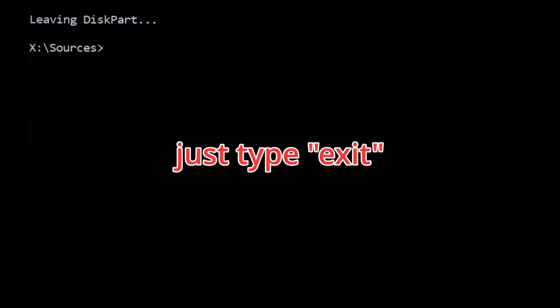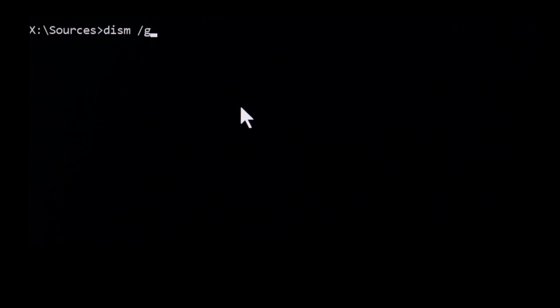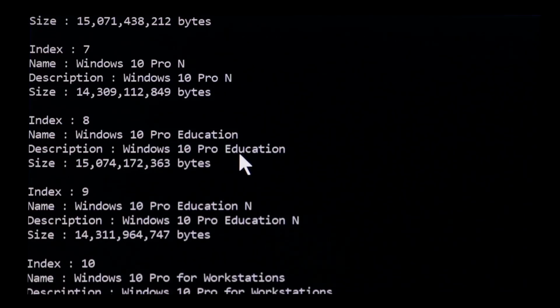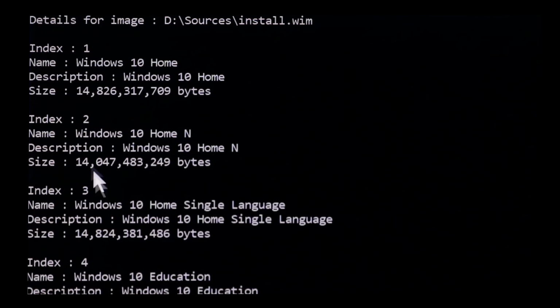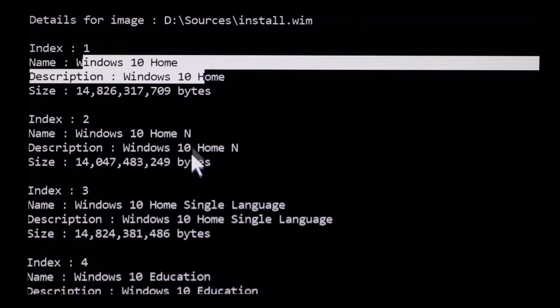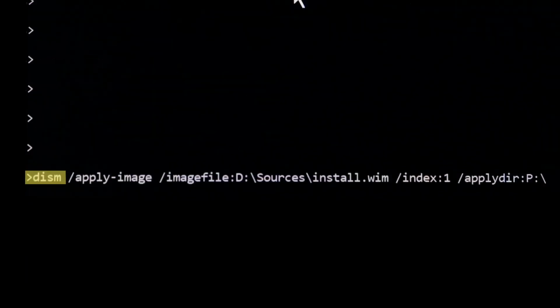Alright, so now you can exit diskpart, and you can type dism /get-wiminfo /wimfile:d:\sources\install.wim. And here it's going to give you a bunch of indexes. Here are all the Windows versions you can use. Usually you can just use 1, which is Windows Home. So now that we know that Windows Home is index 1, we're going to enter dism /apply-image